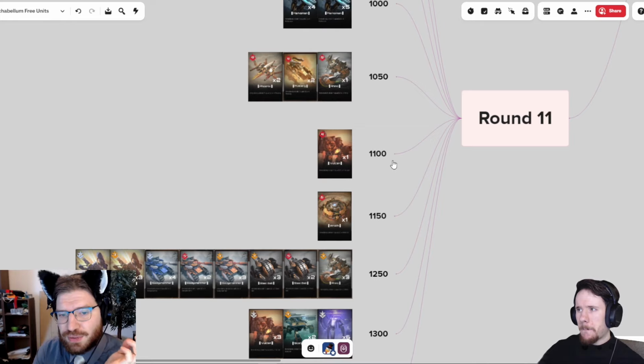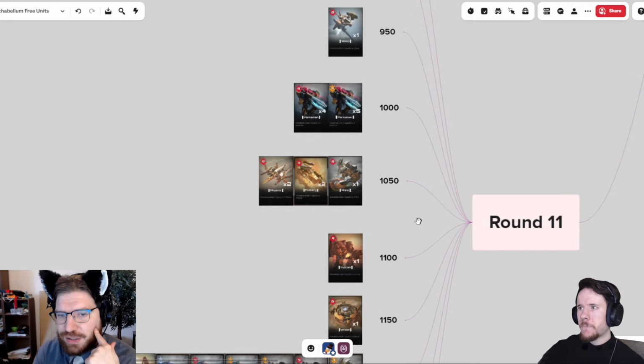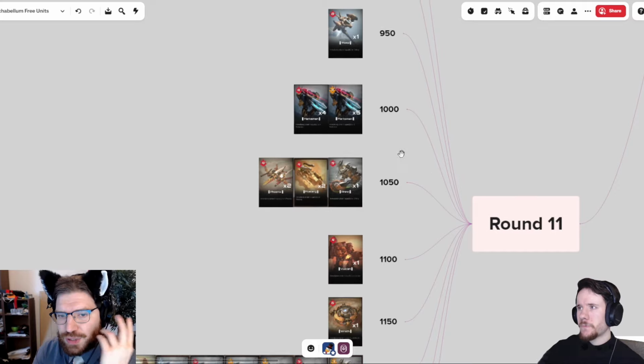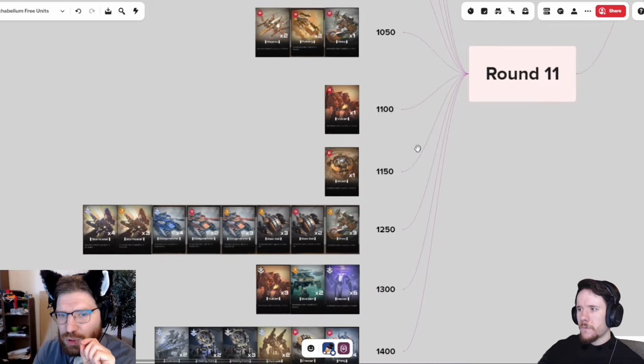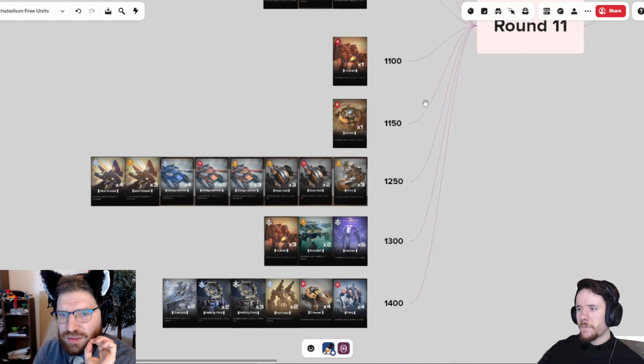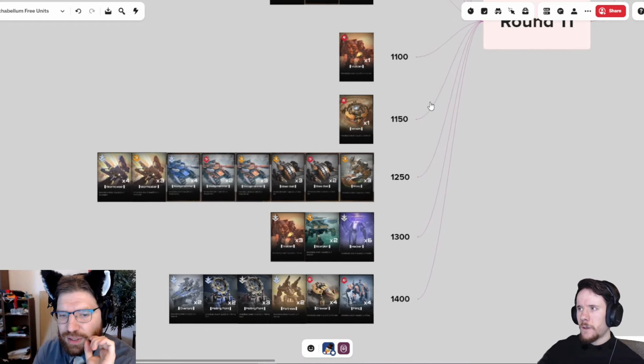Yeah, so sometimes you need some specific counter. Let's, for example, say the enemy is playing Wasp on Overlords. Yep. Then you pick up the Mustangs, even though they don't have the best value. Yep. But usually at round 11, you shouldn't really need a big answer to something. So